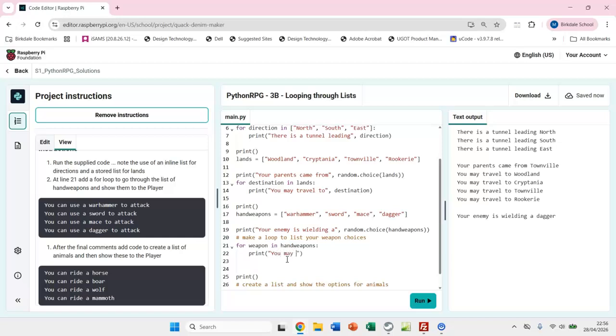So I'm going to say inside my print, you may choose a, and then I'm using weapon as a placeholder. So I put that as the thing to be printed. And then I want to put in to attack. So if I run this code,